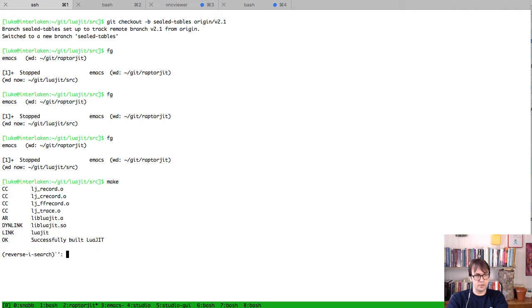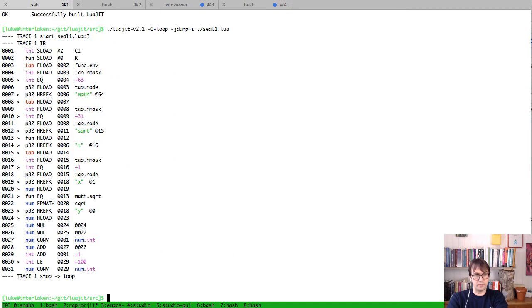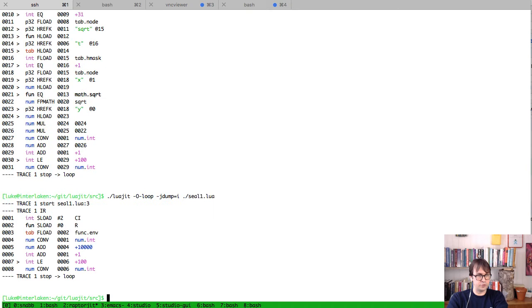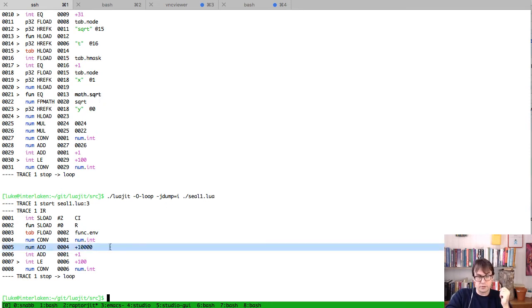Again, just for context, let's look at the code that we got with the pristine LuaJIT v2.1 on our little example program. There we got all of this code with all of the hash table lookups and the floating point math and the multiplications. Now, will it be a segfault or will it be something else? We run our hacked version. Okay, so this did the right thing, it looks like. What we got is all of those hash table lookups and floating point arithmetic and multiplication and everything compiled into just one line of code, which is what we saw before. It all just became the constant 10,000 because once we did all of those lookups and everything, the value that we got at the end